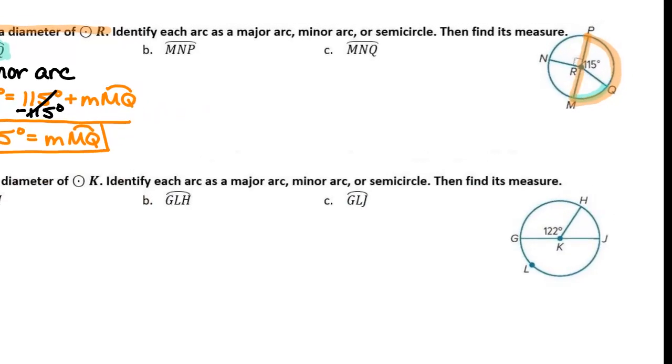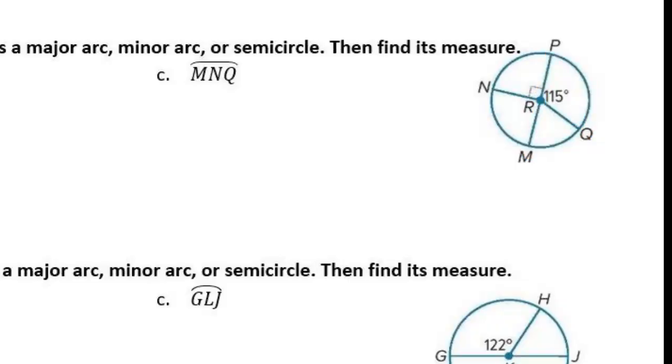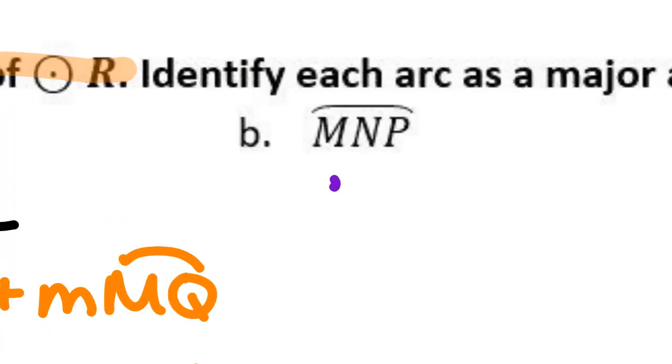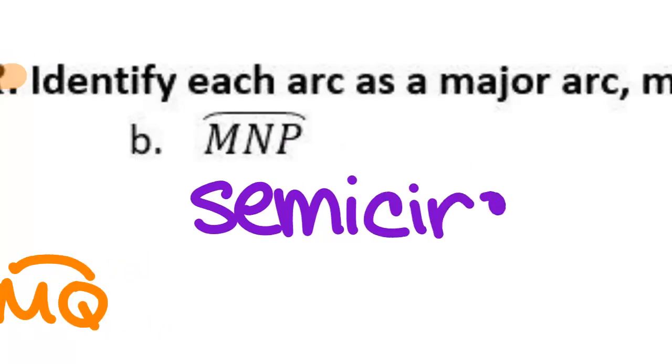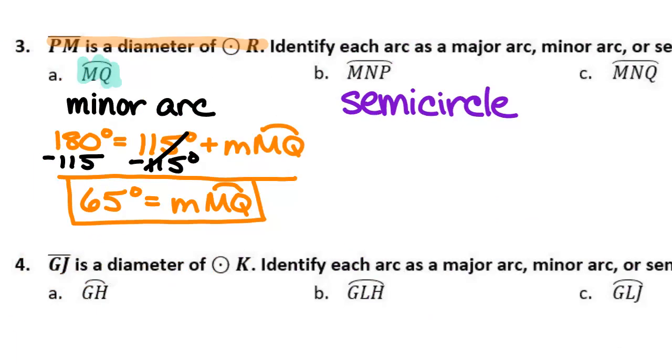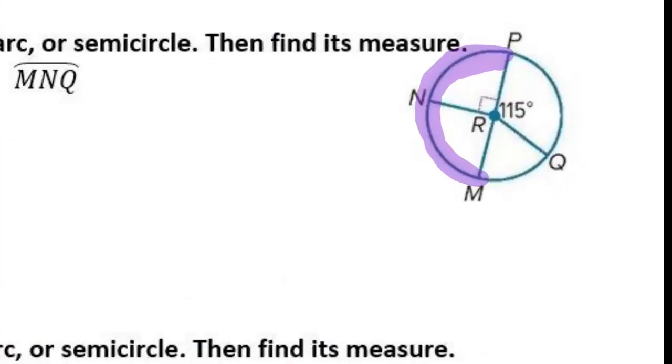All right. Let's look at part B now. Arc MNP. Minor arc, major arc, or semicircle? Semicircle. What did it say at the very beginning of the directions? PM is a diameter. What does a diameter do to a circle? Cuts it in half. Here's PM,